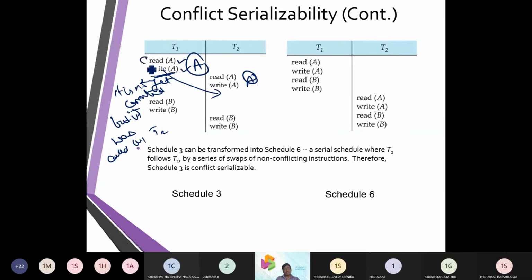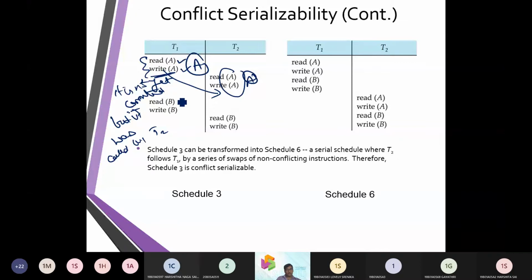A was being used by transaction T1, and T2 was asking for the same A. You need A, I need A, which is common to us. So there was a conflict.